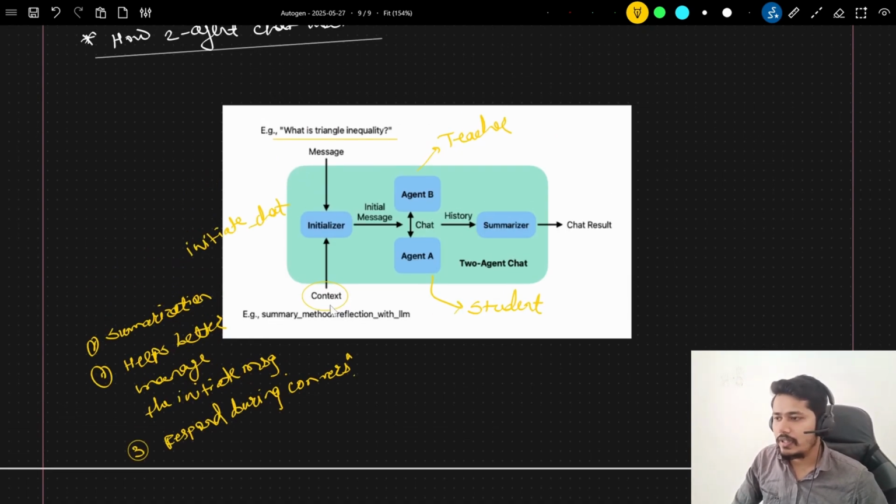So that's the use of context. Basically, we are passing guided rules along with the input message so that agents can do efficient communication. Then we have an initial message. So after this initializer, we have generated the initial message, and that message we are passing to agent A